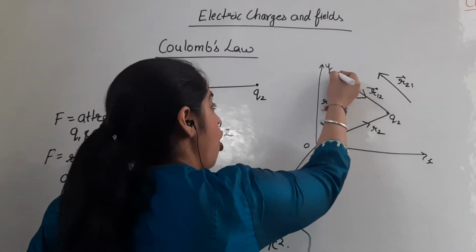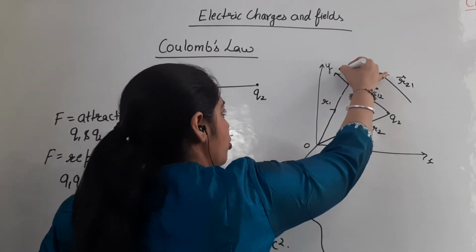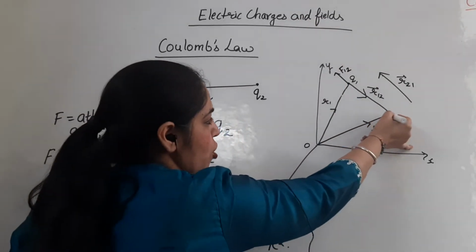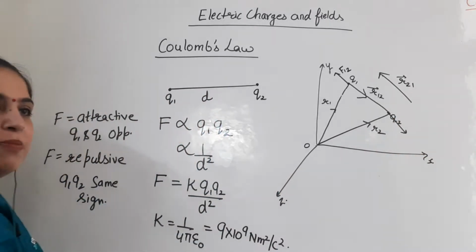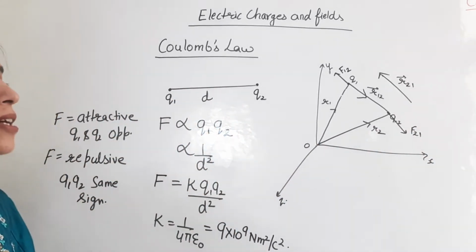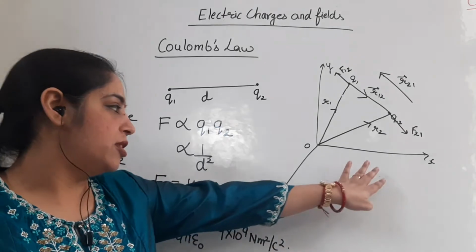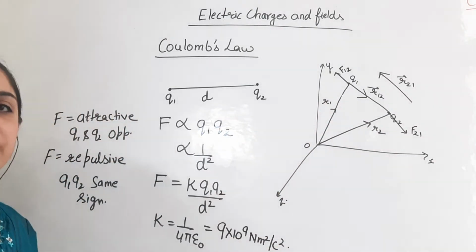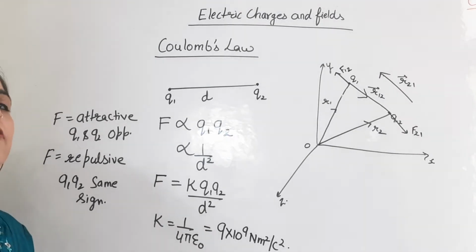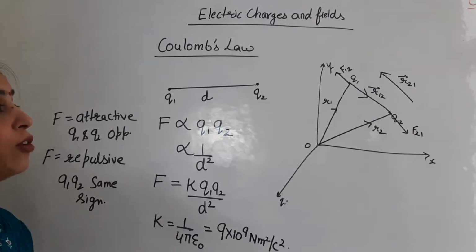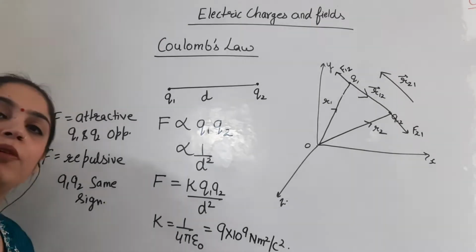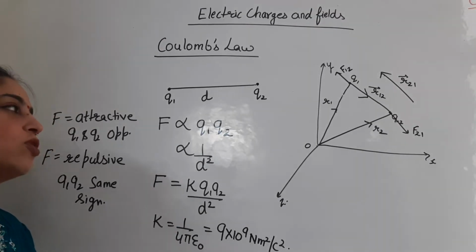So the force on 1 due to 2 will be outwards, F12, as you can see from the direction. The force on 2 due to 1 will be marked as outward, F21. Do listen to me very carefully, because if you are starting with this topic for the first time, it will be a little difficult to determine the directions. But once you are through with the direction, you will find this chapter to be the most interesting one for class 12th. Now for Q1, the force will be outward, marked as F12. For Q2, the force will be marked as F21, which is also outwards.